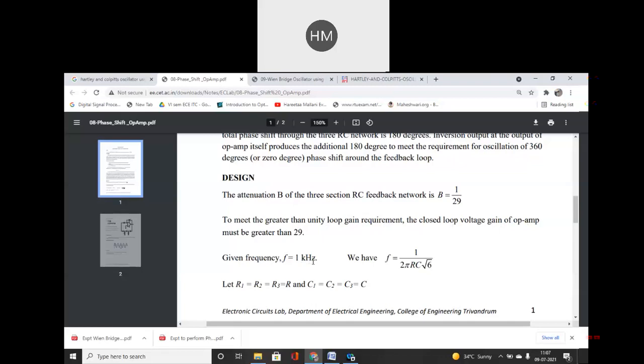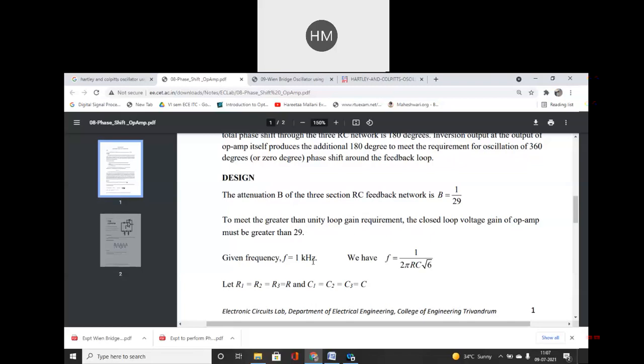You can design your circuit for 2 kilohertz also. You can design your own circuit, whatever the requirement is, depending on your application. So this is the beauty of this design lab. Here we are trying to design all the circuits. The circuits are not ready-made. We are designing our own circuits. The basic concept of the circuit will remain the same, but the values we can change. We can provide the values.